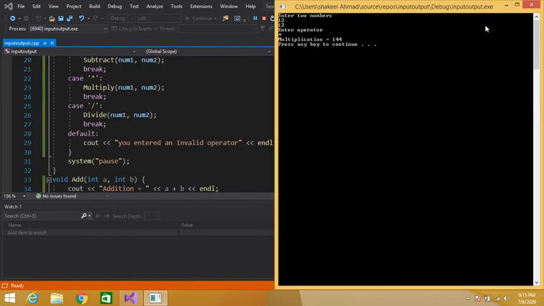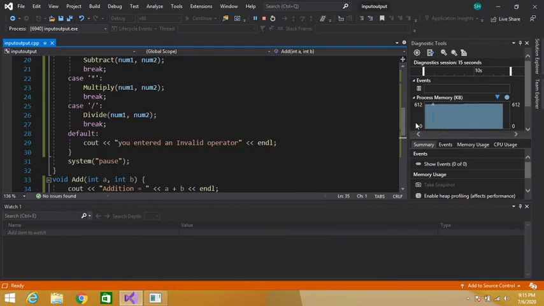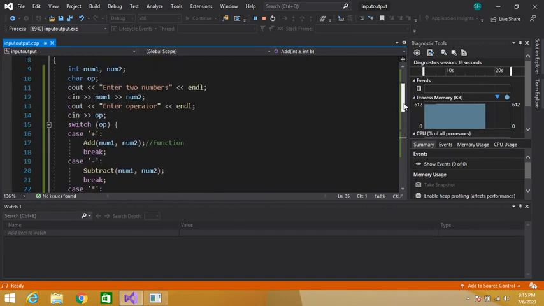Now I have taken two inputs, num1 12 and then for the operator I have entered the multiplication symbol. So the control will come here. OP contains the multiply symbol. This is the plus symbol, so OP does not match with this operator. So the control will skip the statement under this case.